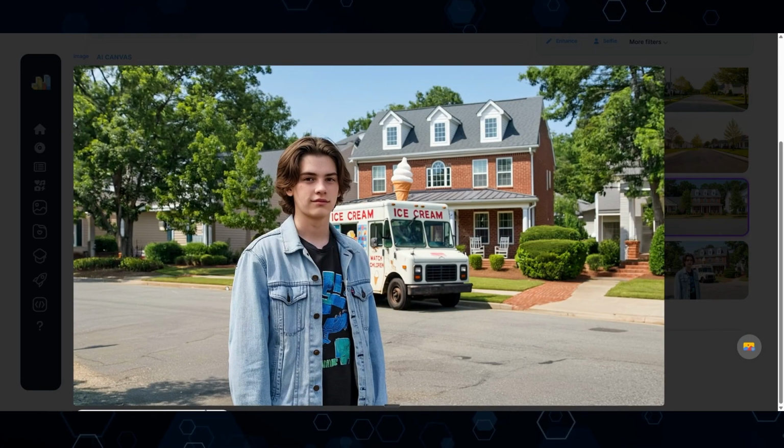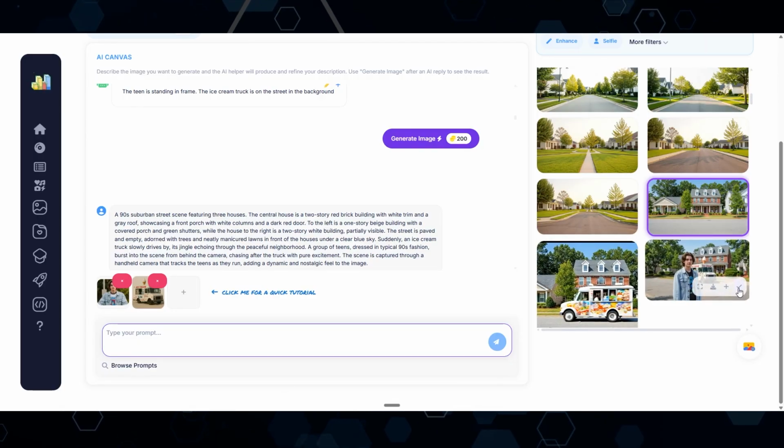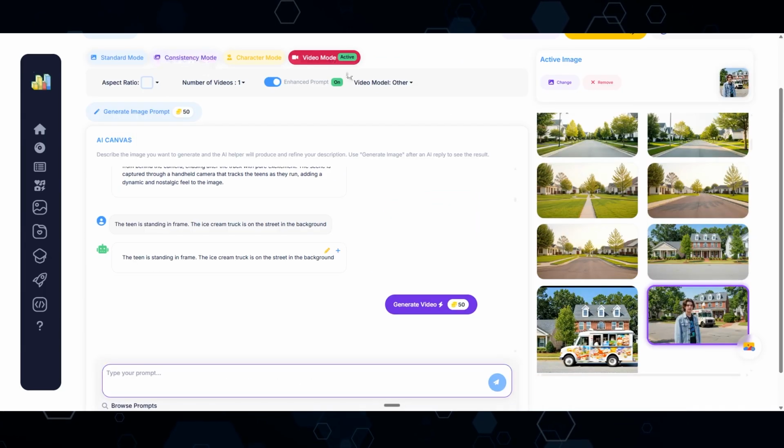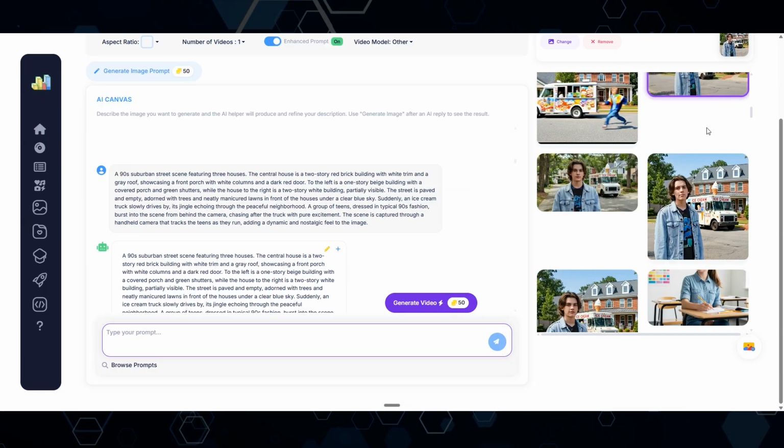And so after I was able to generate this image, I simply set that one as the new active image, come back up here, switch it to video mode, go to VO3, and that's how I was able to get